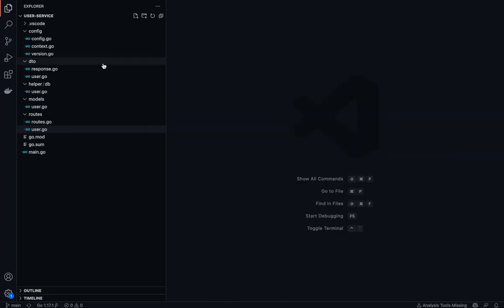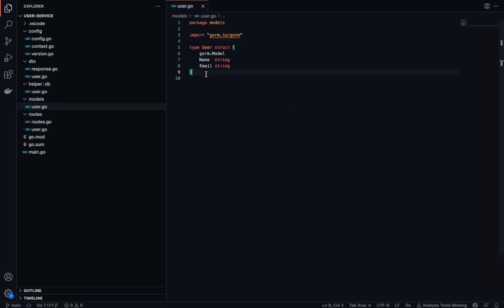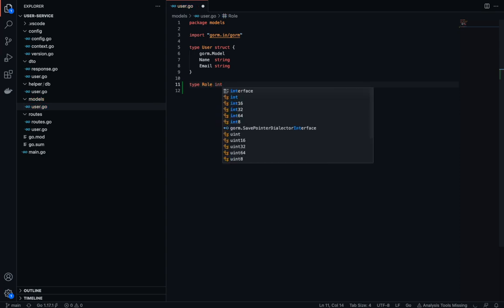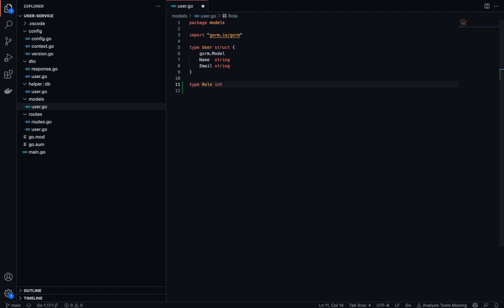Now, to make a user admin, that means we need to provide a role. So we'll go into the models. In here we'll do type Role, as we would say. We can make it an int. And const UserRole as 0, and